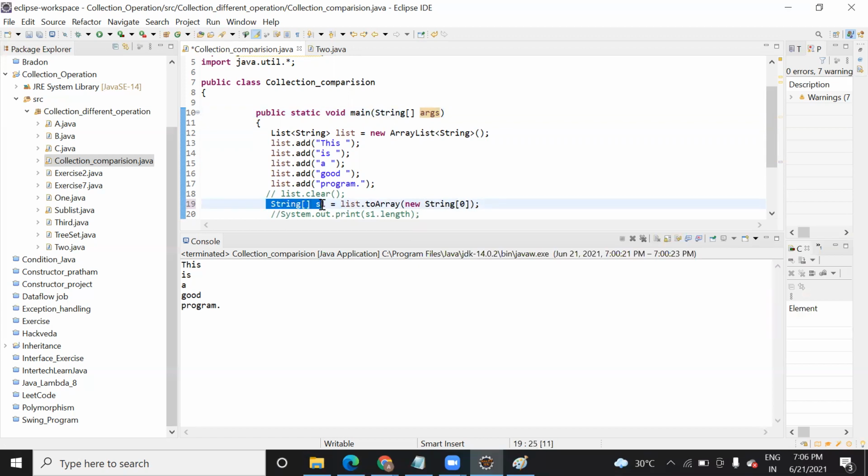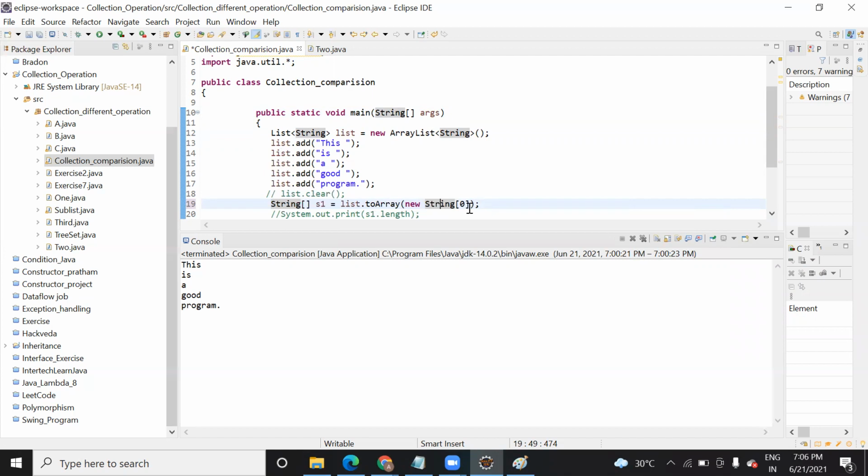S1 is your array that is of string type. And here why do you need to pass any value? It is to tell the compiler that it should provide a space to this list, meaning whatever element is added to the list, it should provide a space to that.